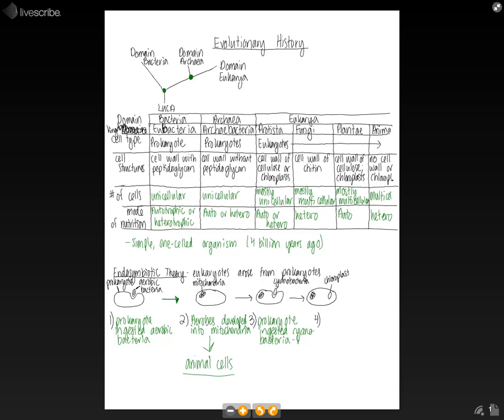And this cyanobacteria has photosynthetic pigments in it. So you can see in the diagram, this prokaryote ingests this cyanobacteria, and then in the fourth and final step, the cyanobacteria